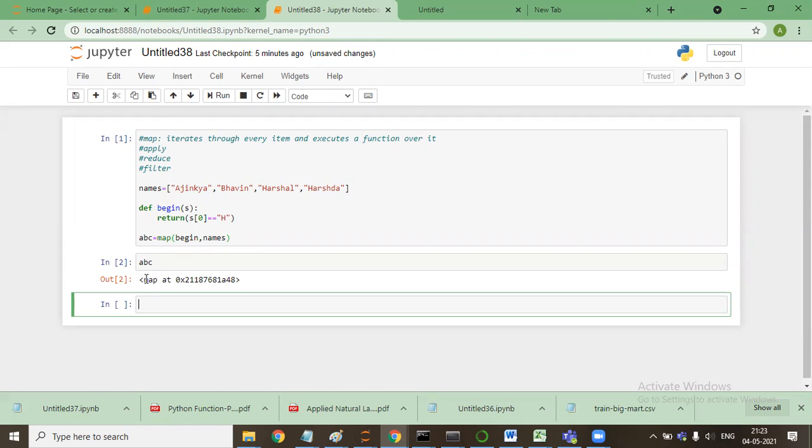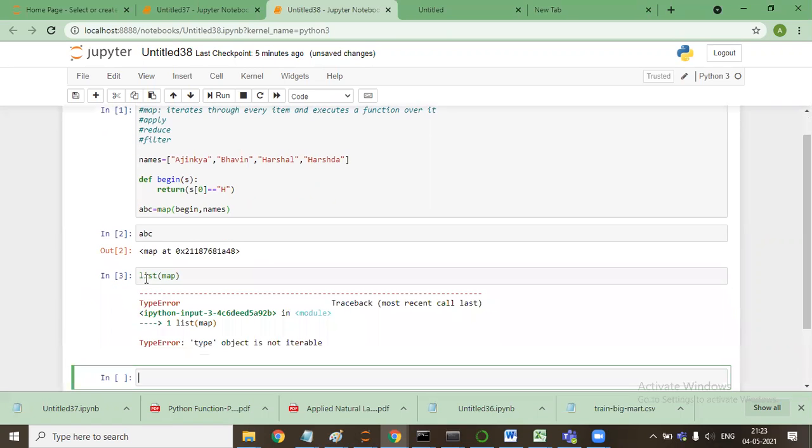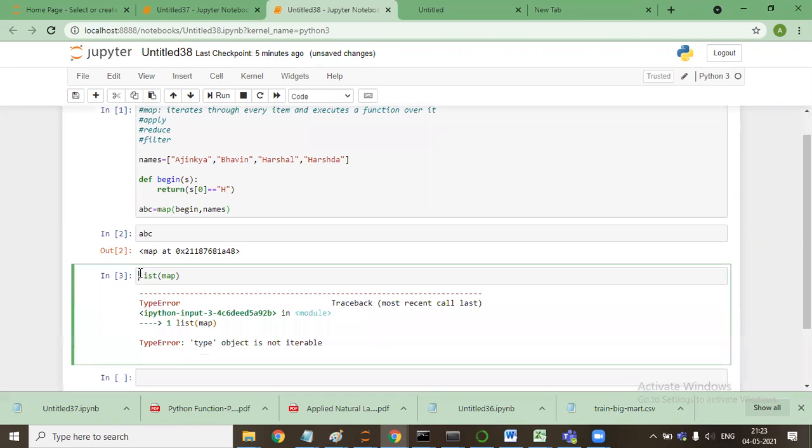But in case I want to print it, I'll say print list of map, or I can simply say list ABC.